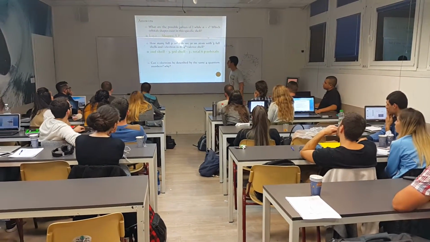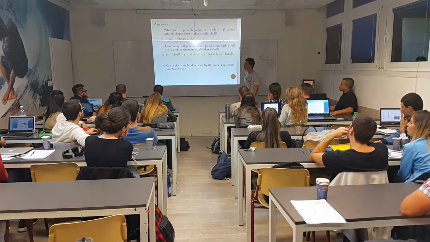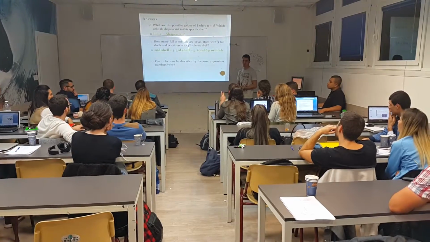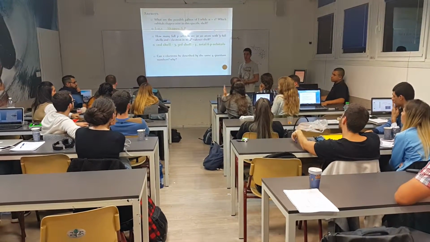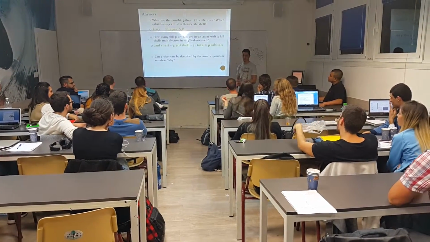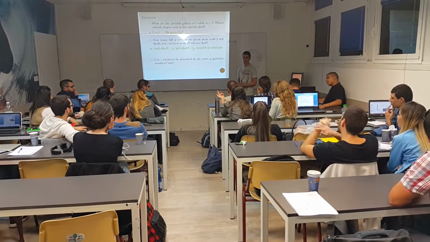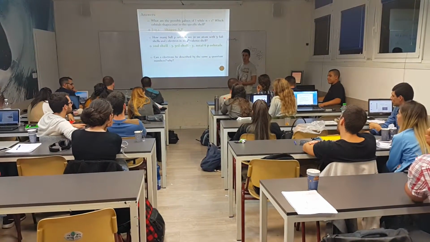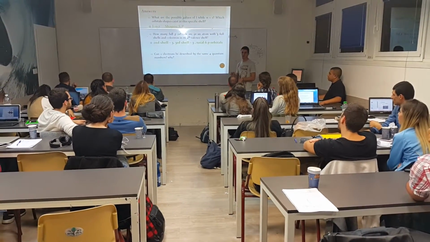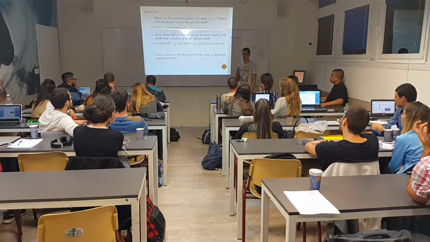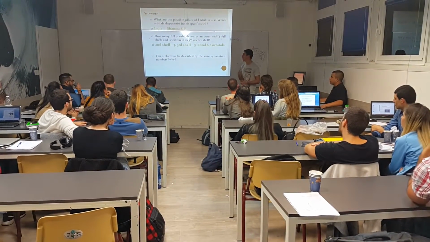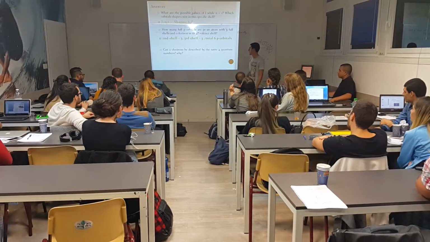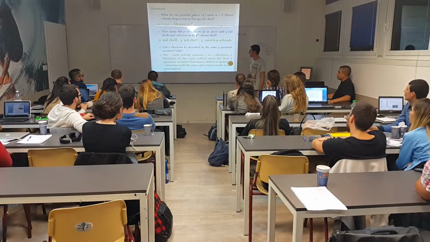And last question: can 2 electrons be described by the same 4 quantum numbers? Why? No, because of the spin. In the same shell, the same orbital, the same orientation, 1 electron will have a spin quantum number of +½ and another one -½. Right. So 2 electrons in an atom can share up to 3 quantum numbers. That means they're in the same orbital, but if they're in the same orbital, they will have a different spin, so they cannot share the same 4 quantum numbers.